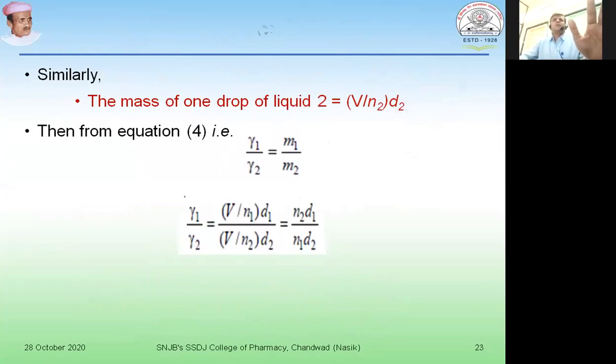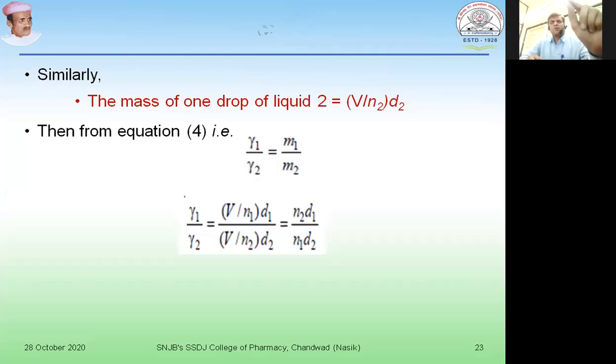Then from equation 4, we have the equation for the drop weight method: gamma 1 by gamma 2 is equal to M1 by M2. Now we have the values of M1 and M2. M1 is the mass of one drop of the experimental liquid. M2 is the mass of one drop of the reference liquid. Putting these values into the equation, we get gamma 1 by gamma 2 is equal to